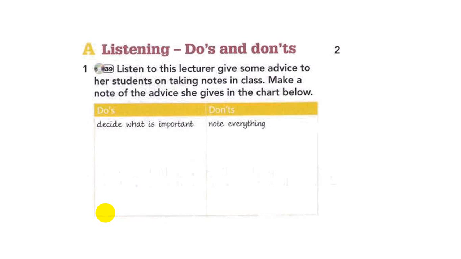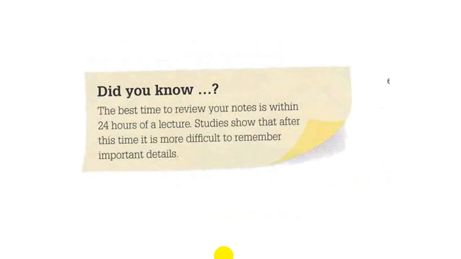Also, you have to be a good listener. You have to predict what the speaker is going to say in order to be fast in writing things. Also, avoid writing everything. Don't try to listen to every word of what the speaker is saying and try to record it. This is not true. You have to record only the main idea of something and try to make it as short and simple as possible. And if of course you can make a summary of the main topic or of the main ideas that is inserted by the speaker.